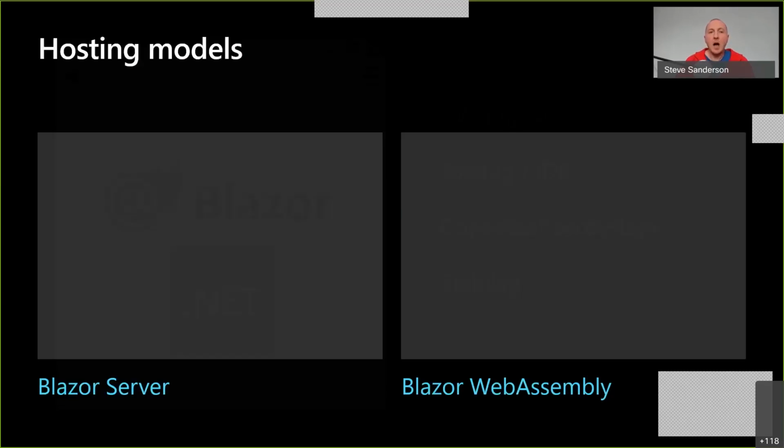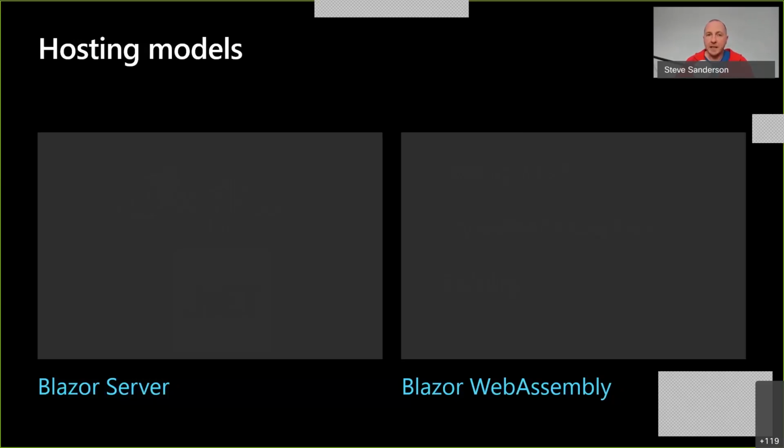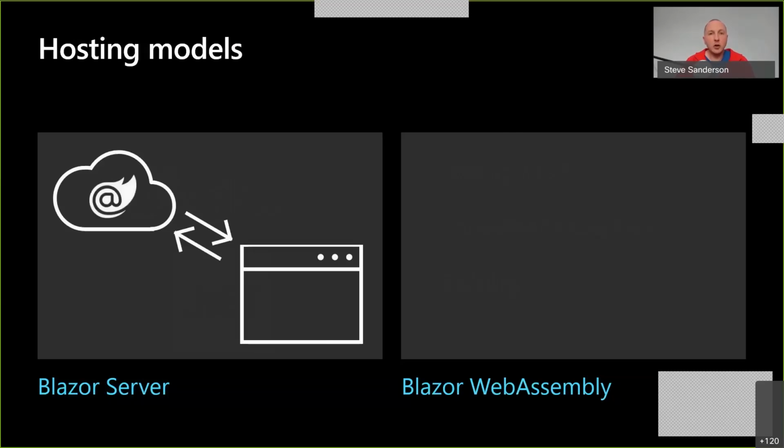Okay, so when you build a Blazor application, there are two main ways that you can deploy and host that on the internet. The first mechanism is something called Blazor Server, and we have had that for a little while. That shipped initially with .NET Core 3 back in November last year. In this model, your .NET code, your Blazor components, run on a server somewhere, so probably in a cloud